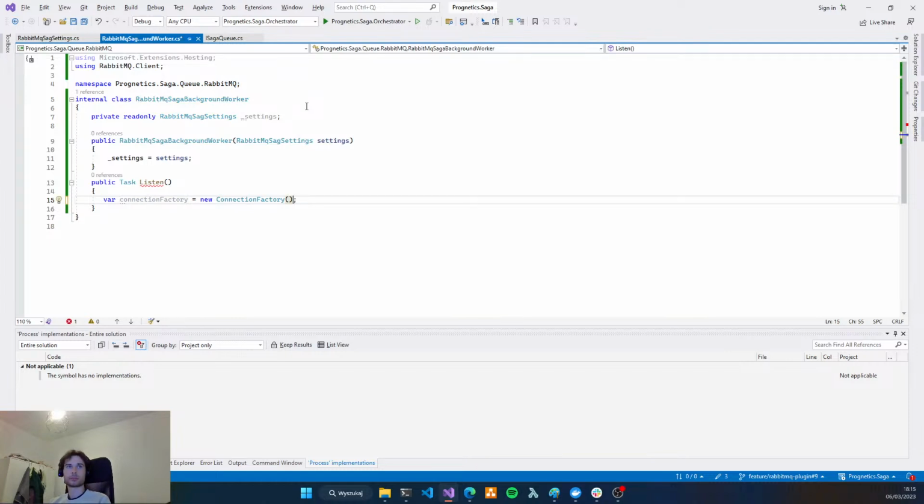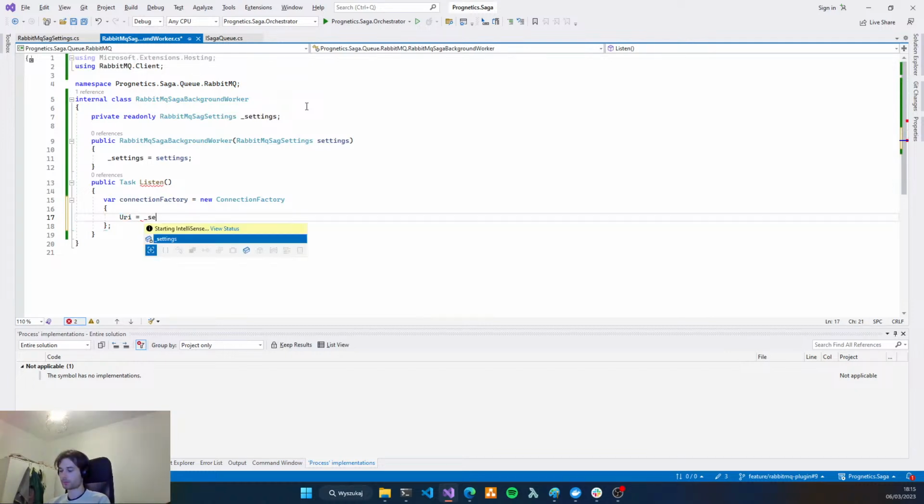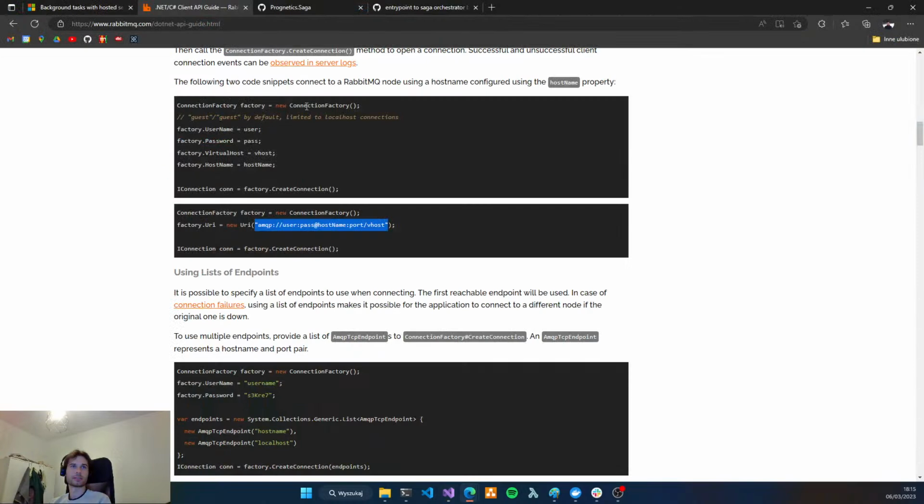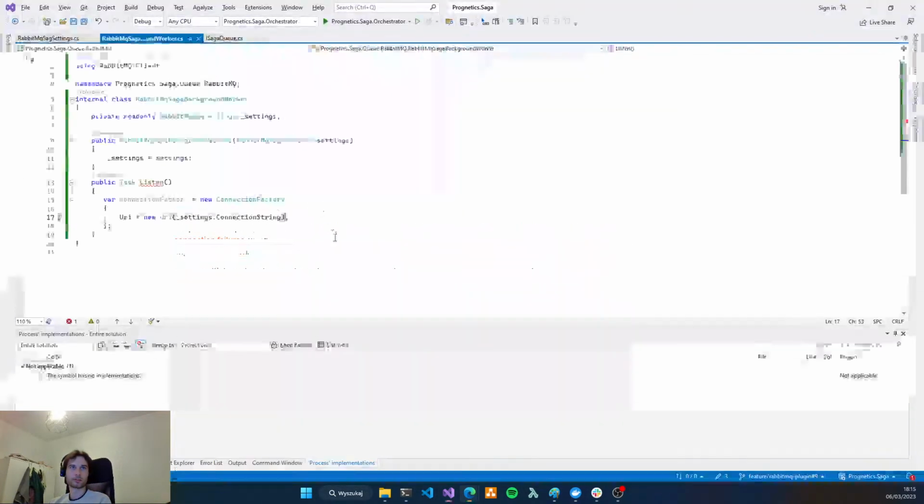And let's initialize the URI with the value of settings dot connection string. Okay, we have to wrap it into the URI class, and for a start that is enough.